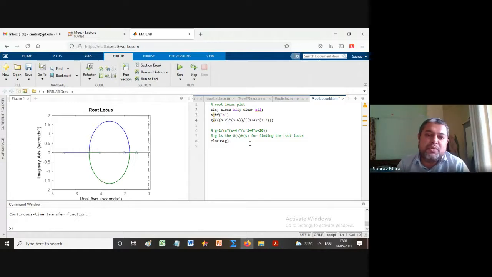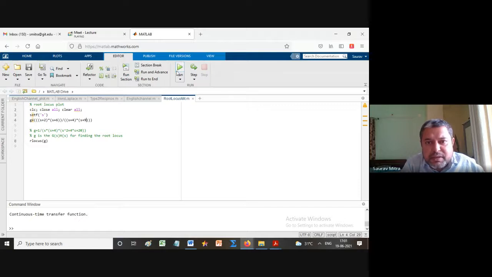So first I have drawn one 0, then there is one pole, then another 0, then another pole. On the left-hand side of S there comes a 0, that is minus 2. Then there comes a pole, that is minus 4. Then there comes a 0, minus 6. And let's make it a little bigger, 9. Just keep on playing with it, with all different combinations. You will be amazed to see how generalized this pole-zero plot is.